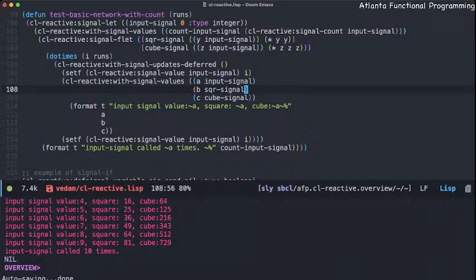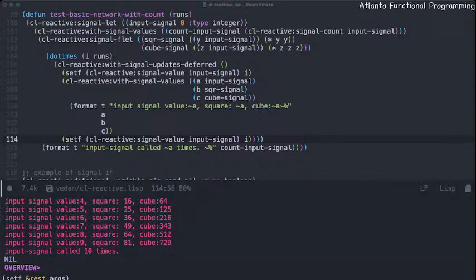anytime square, cube, and input signal is called. All right. So each time we set it, we're setting it once, but the next time we set it again, it's not actually being counted by the input signal because at this point nothing's being triggered. So this signal is ultimately ignored. This is particularly useful for certain cases where you may want to ignore specific types of updates,